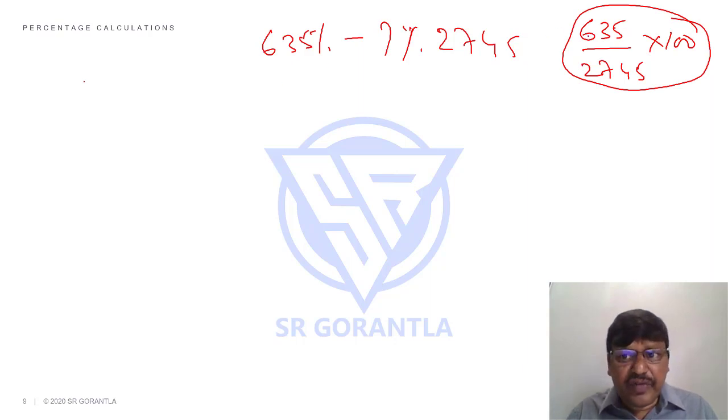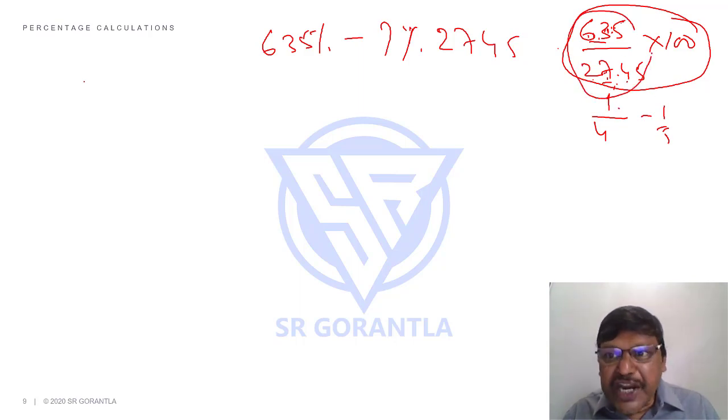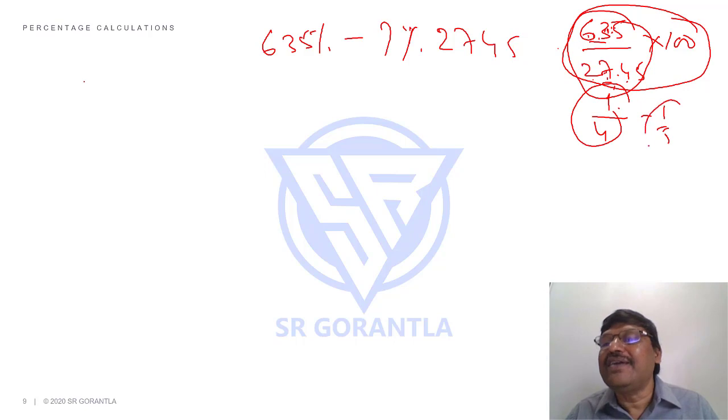But at least when you think of this, 627 and how many times, please? 604s are 2400, but it's a little more than that. 605s are 3000, but it's less than that. That means if I write it in terms of this, it will be between 1 by 4 and 1 by 5.